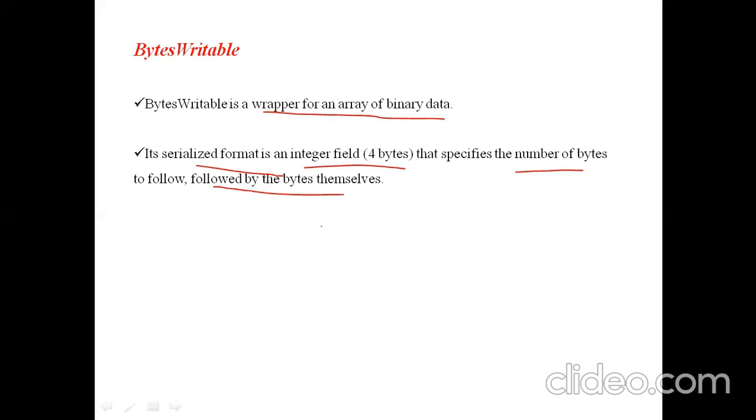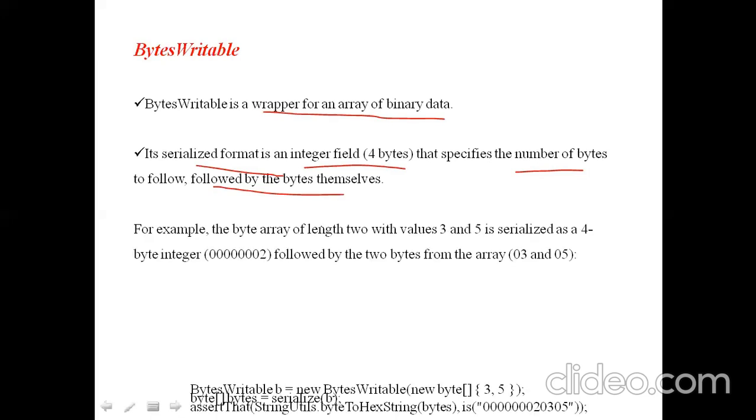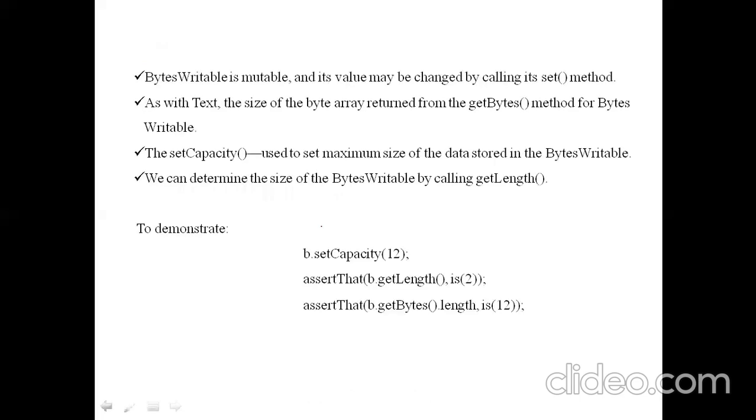Today, similar to the bytes writable, we are going to see some more writable wrapper classes. Null writable.